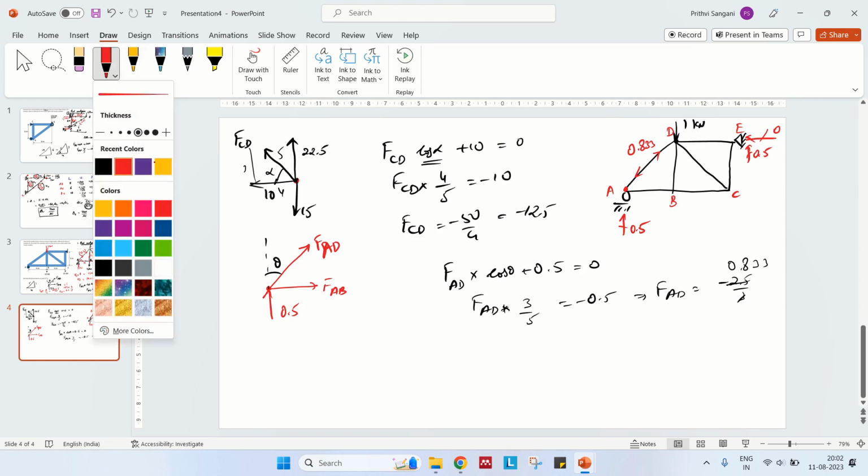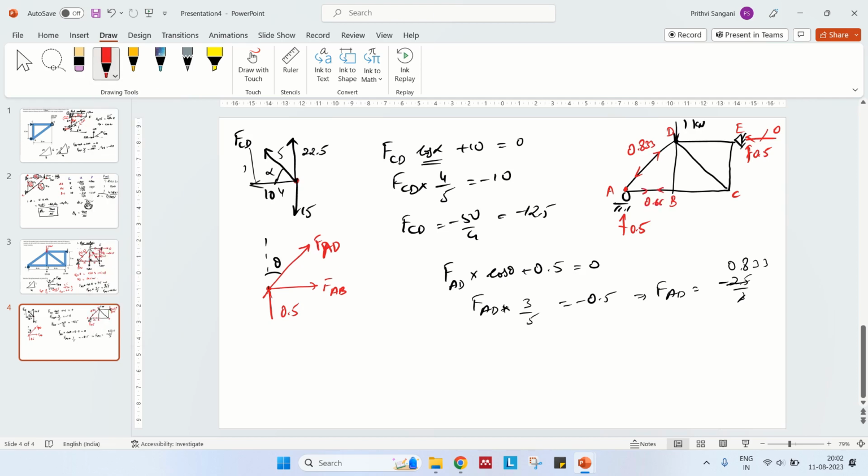as 0, and then you can find out. So I'm just giving you the answers. So this is 0.667, and this will be again 0.667 tension. And what about DC? DC is again tension 0.833, and this is in tension 0.5, and this is 0. Why is it 0? You can see here, there is no force in this direction, so there will be no force in this